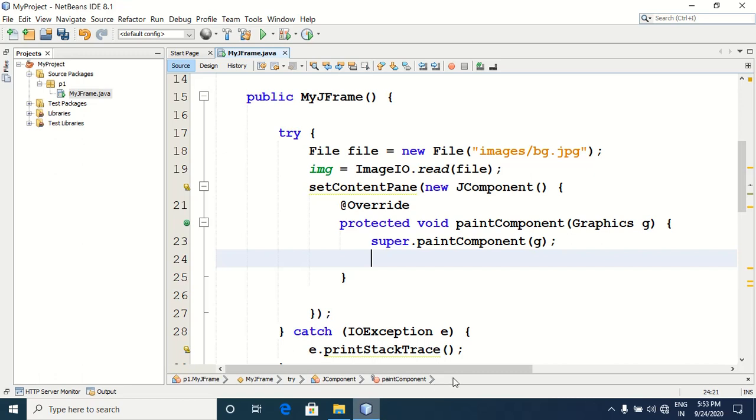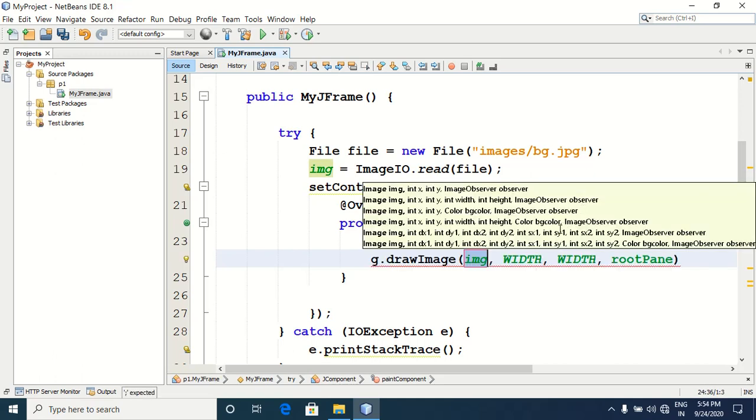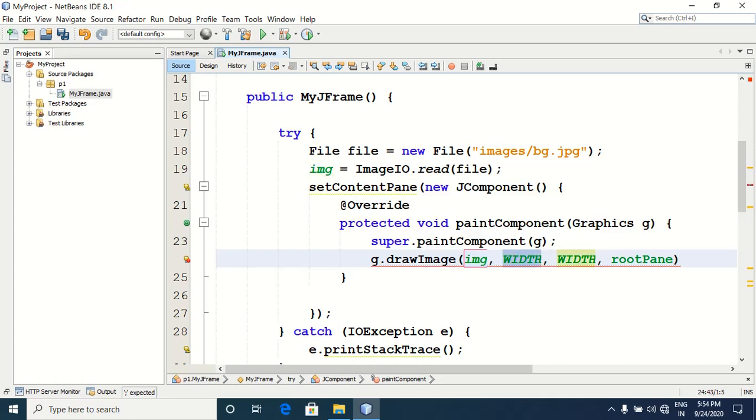So here in the paintComponent method there is a parameter of Graphics type and its reference is g. Using this g you have to call the drawImage method. So call the drawImage method, provide the image reference here. Next you have to give the X coordinate, then next you have to give the Y coordinate.